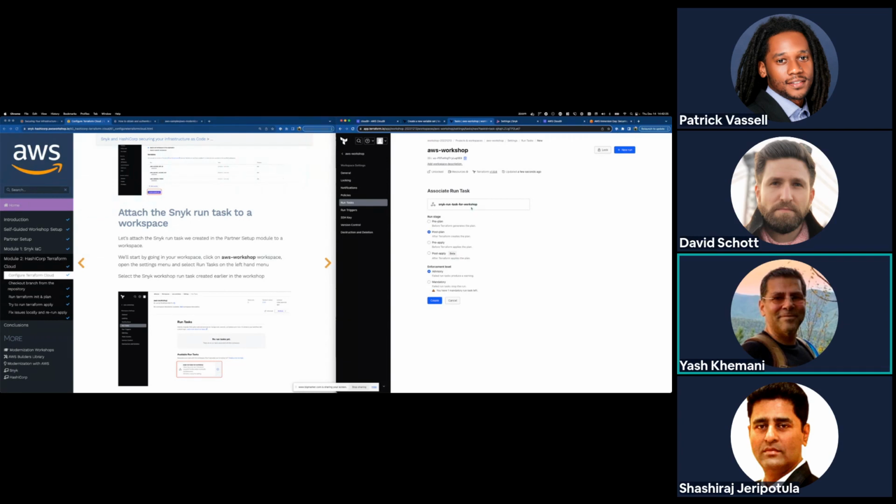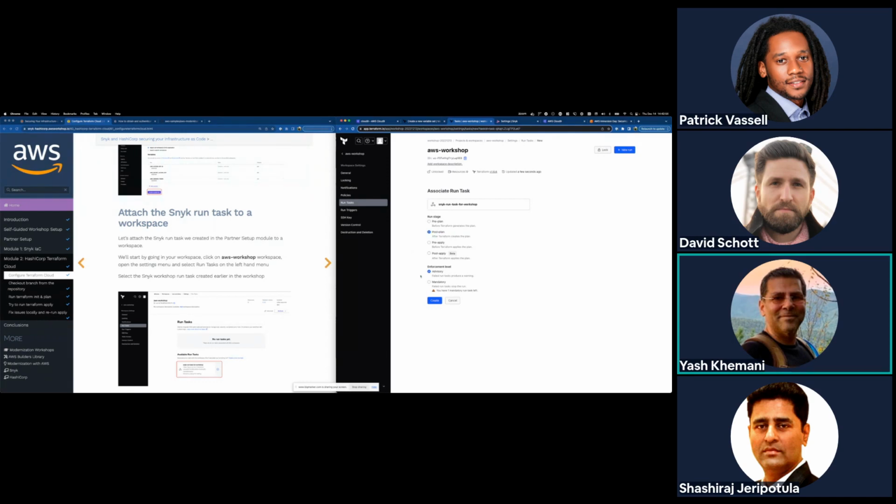In our case, for the Snyk run task, we wanted to run after the plan because we want to leverage the plan to determine whether what we're about to do is secure and compliant or not. Right? We wouldn't want it to run post-apply because we don't want to work in a reactive fashion. We want to work in a proactive fashion, right? So it's post-plan that we've configured it to run.